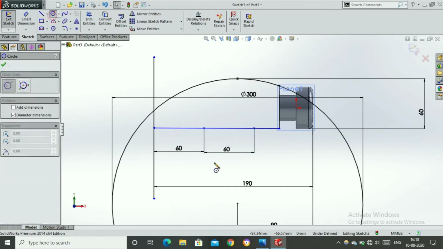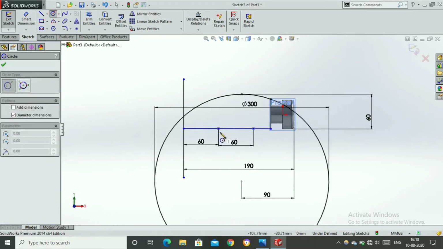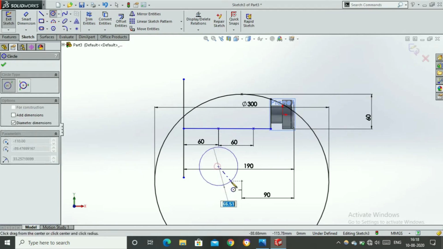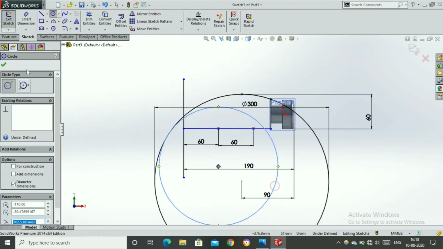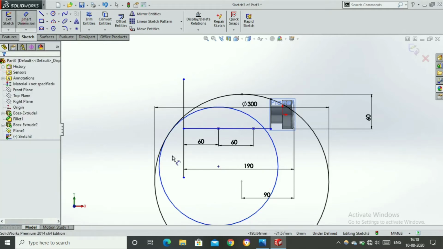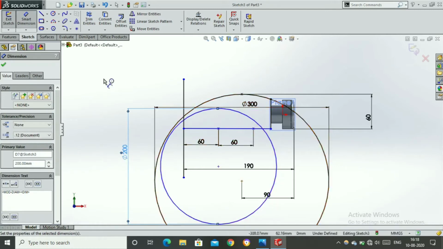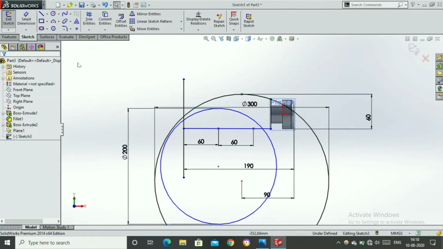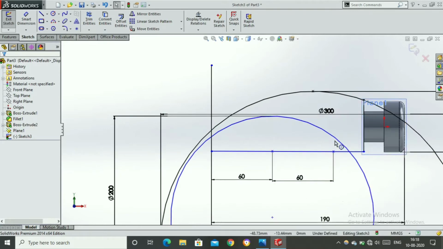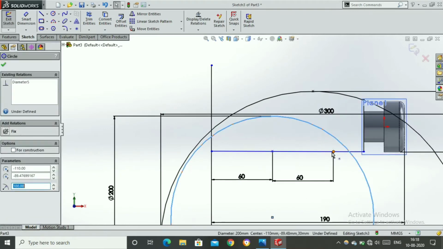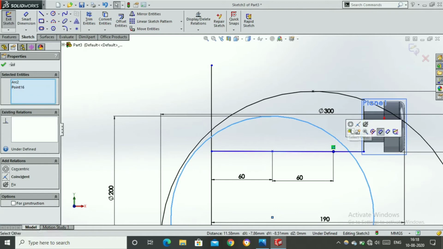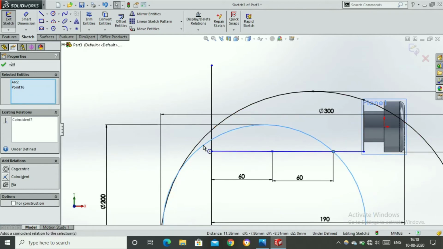Okay, let's create another circle, collinear with this point, having a diameter of 200. And let's make it coincident with this point. Make coincident.